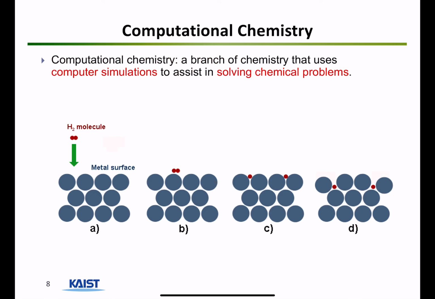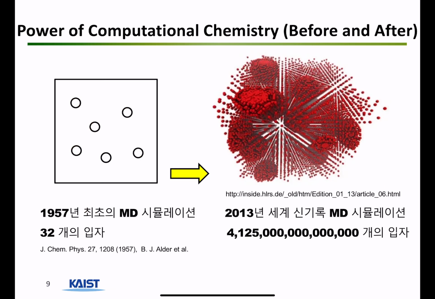So computational chemistry builds on this need for modeling and simulations. Computational chemistry is a type of computational science focused on solving, as you can guess, chemical problems. For example, if a hydrogen molecule binds to a metal surface, what happens to its catalytic activities? What if you change to different metal atoms? What if the surface is different? You can model these inside the computer and relay this information to the experimental researchers.